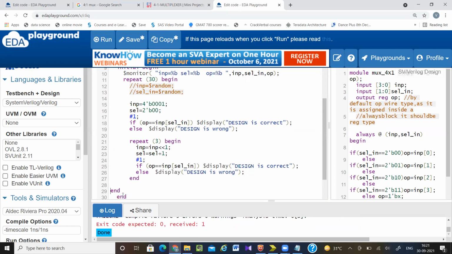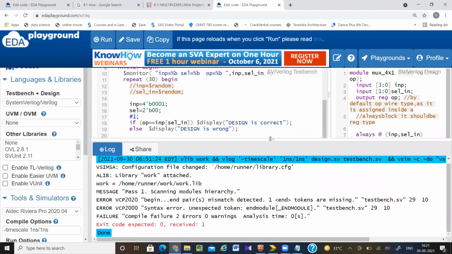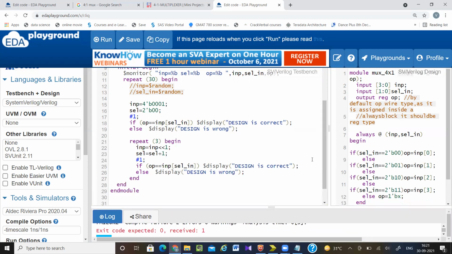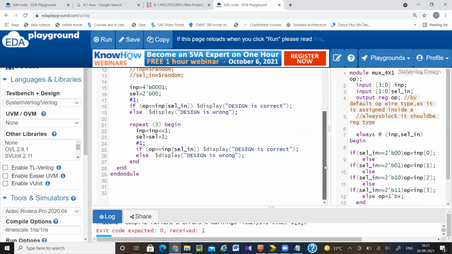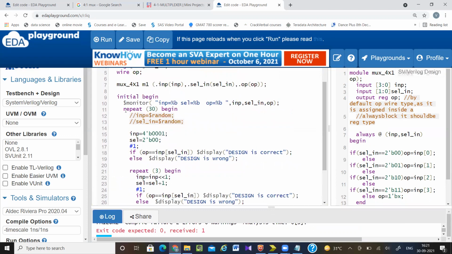I have added one extra end, it is not required. One is repeat begin end, then initial begin end. Okay, so testbench 29. Okay, mismatched. So this repeat begin is not required.